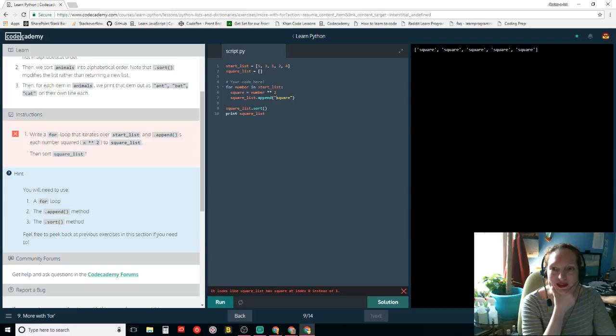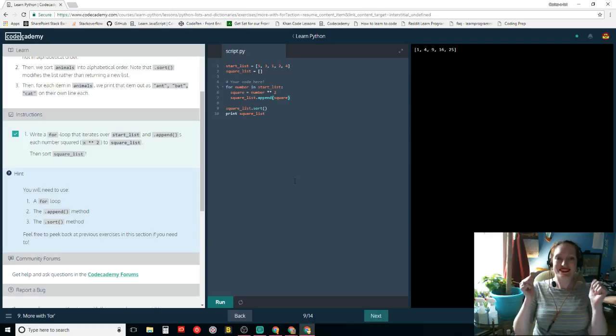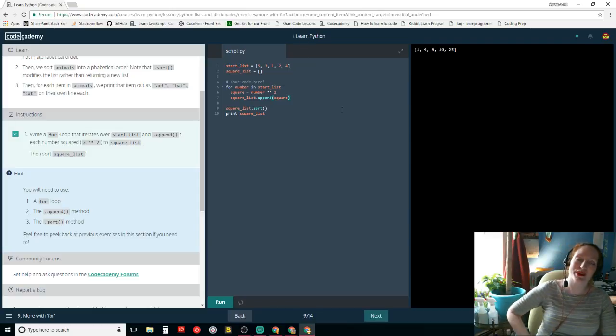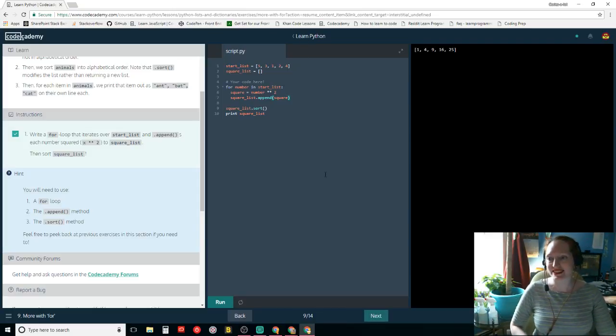I don't want to put in square. I want to put in. Yes! Yes! It was all screwing me up, that colon at the end for syntax. I gotta remember, when it throws a syntax error, I should look for that first. Next.